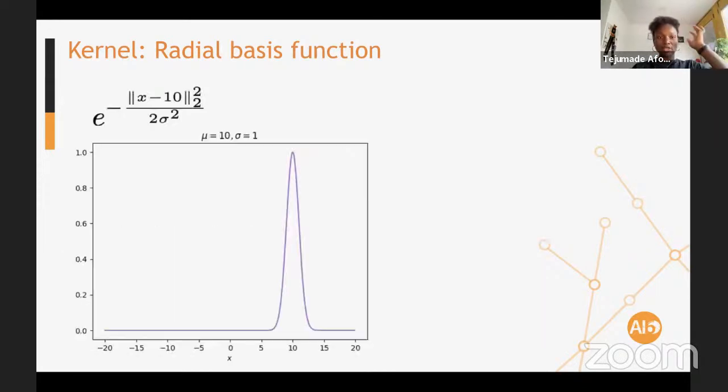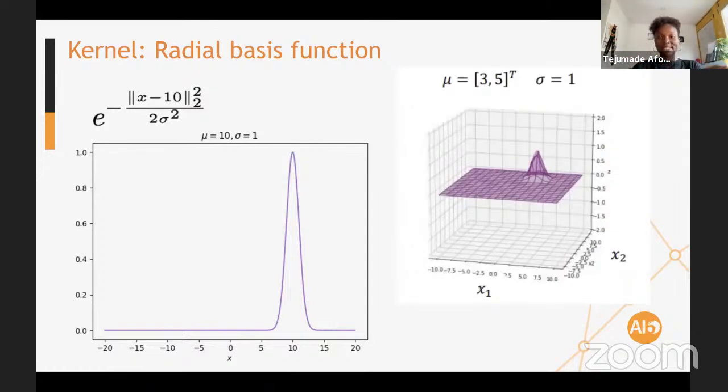If you want to think of a Gaussian function, it's usually this bell shape, right? The wider it is, the higher the deviation, and the mean is the center of the Gaussian. So here you have a mean of 10, and you can say that this Gaussian peaked at 10. You can have a mean of 0, it will peak at 0, and so on. And this is exactly what radial basis uses. It uses this idea of having these kinds of functions to fit the data set.